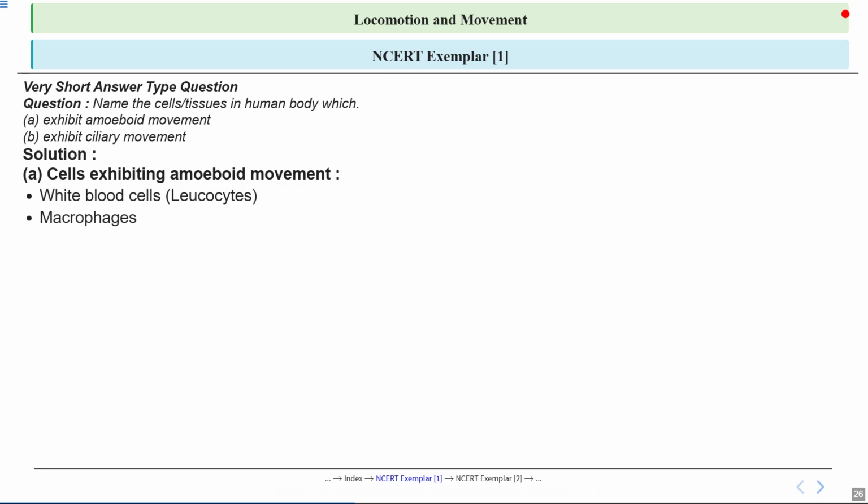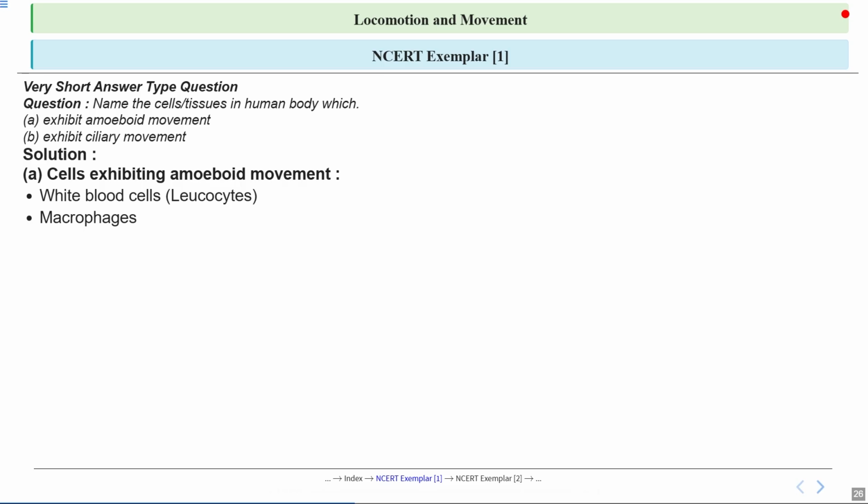Talking about macrophages, these are large WBCs that play a key role in the immune system by engulfing and digesting harmful pathogens like bacteria and viruses, and this process is called phagocytosis. They also help in cleaning up dead cells and debris, maintaining tissue health. They are found in various tissues throughout the body. Macrophages act as the first line of defense against infections